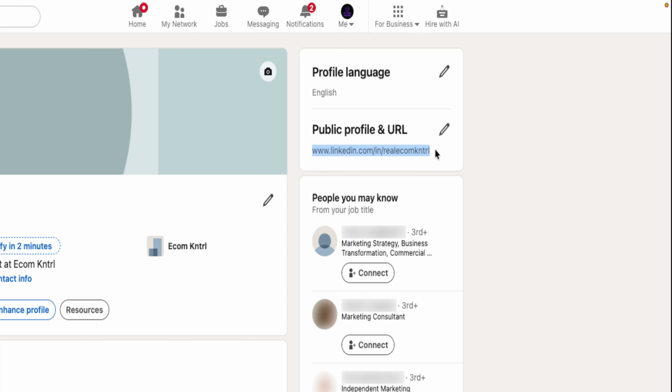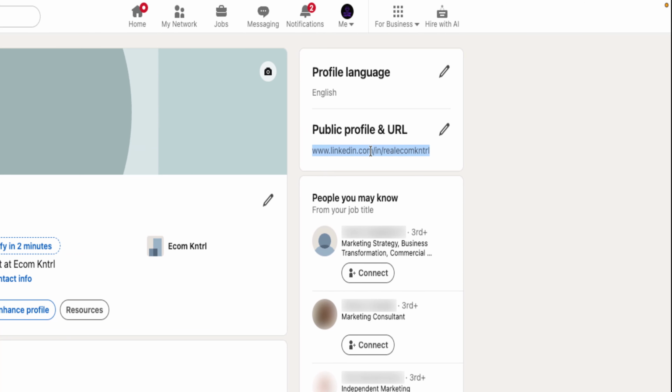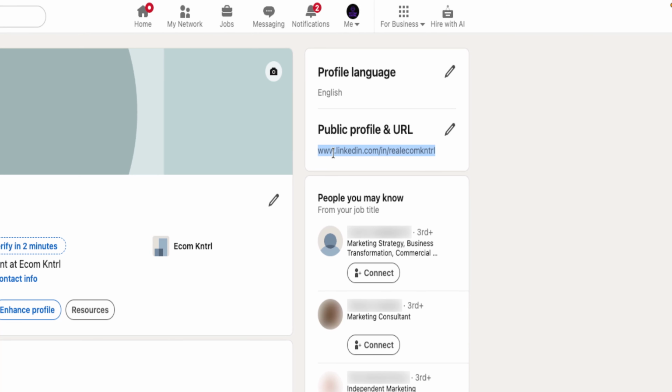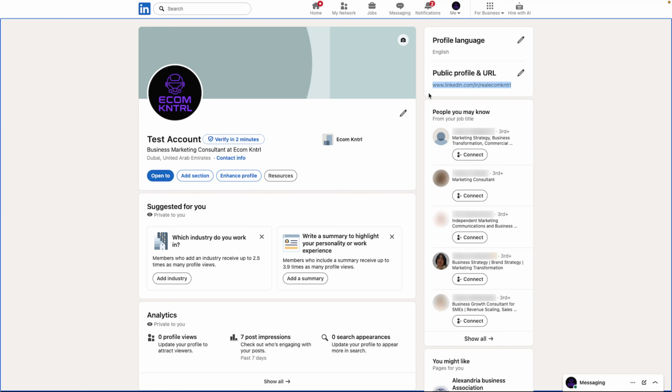So if you only need the username, you can simply use that final portion of the link rather than the entire URL. One useful tip here is to make sure you copy the correct public profile link and not a temporary browser address from another page on LinkedIn. Taking the link directly from the public profile and URL section helps ensure that you're using the clean, shareable version